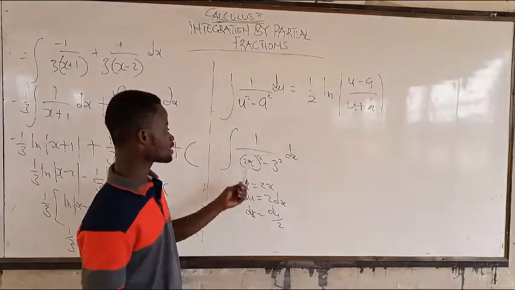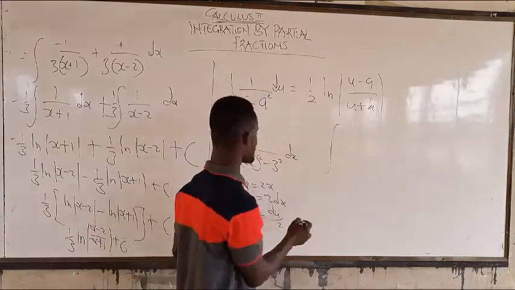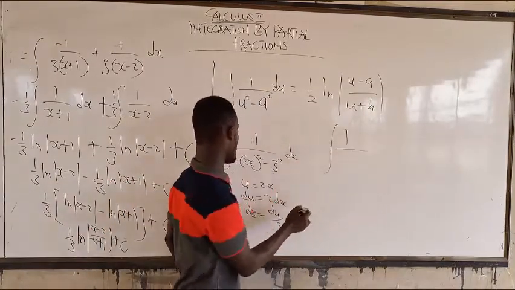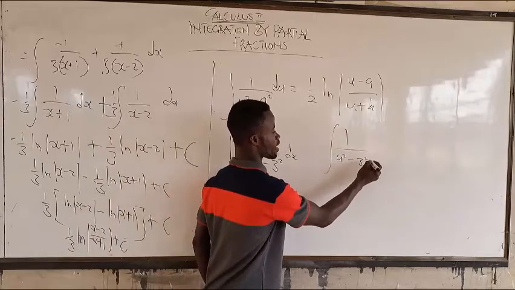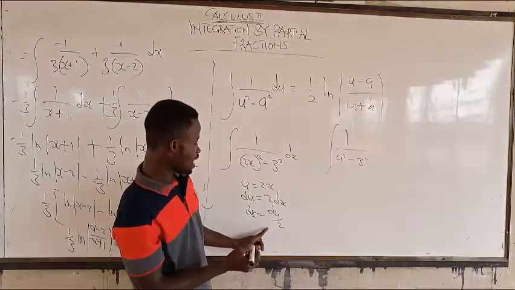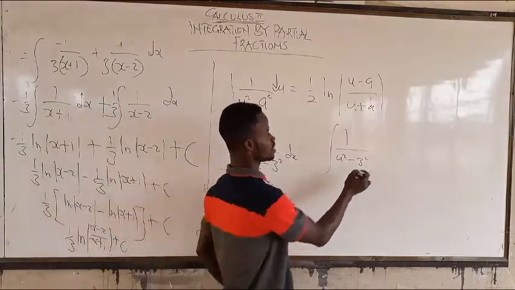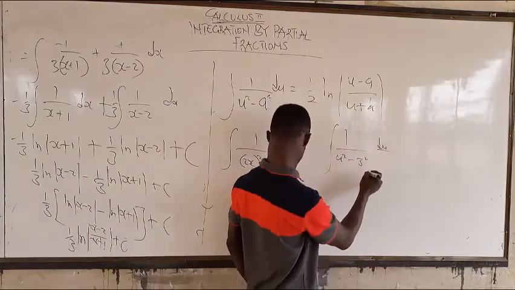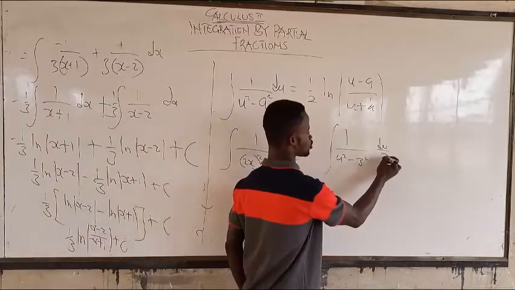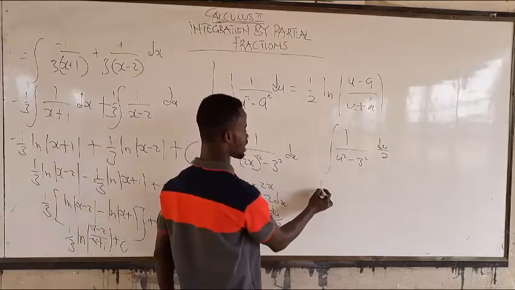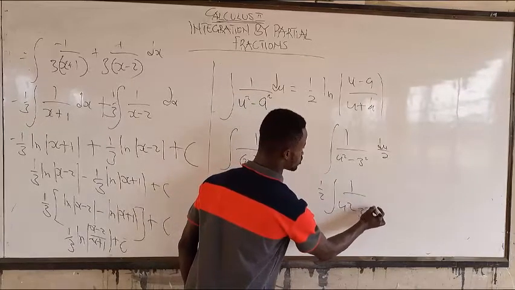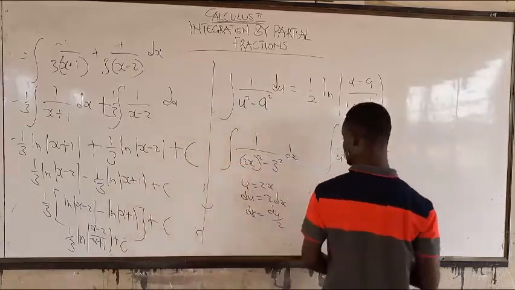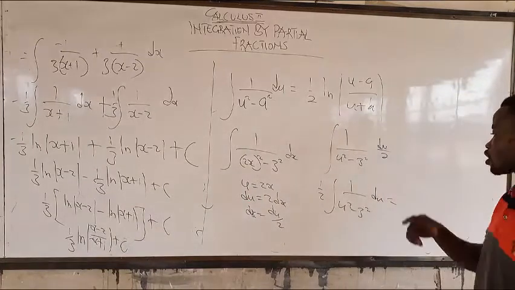Alright, so by substitution, you are going to get 1 over u squared minus 3 squared. I hope you can see that. And the ds here is du over 2. So we get half the integral of 1 over u squared minus 3 squared du, which is going to be equal to